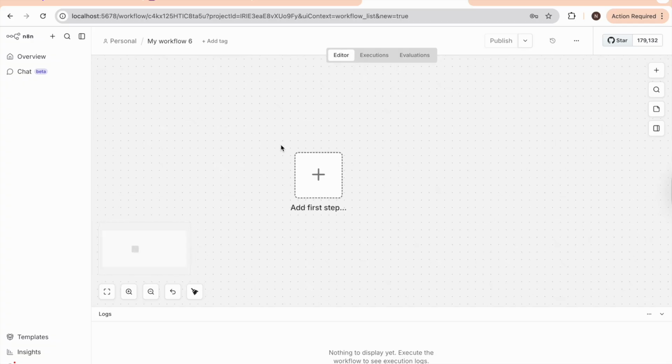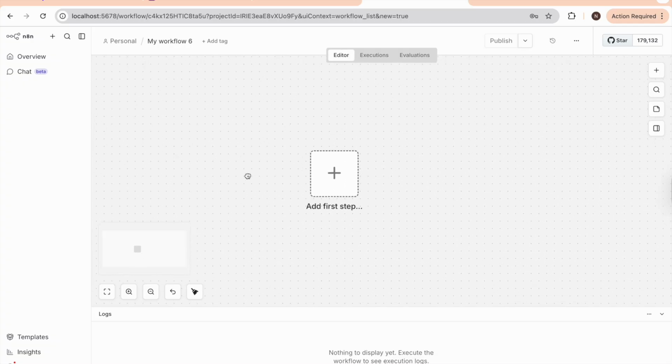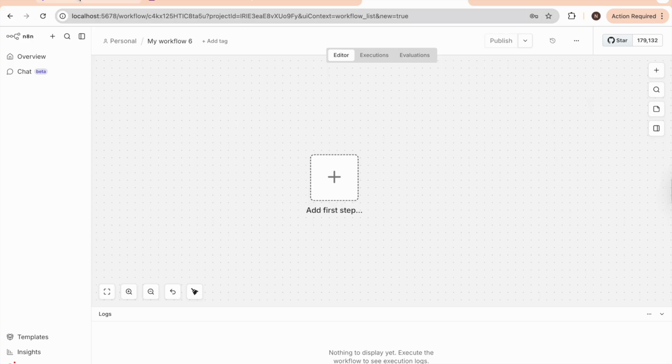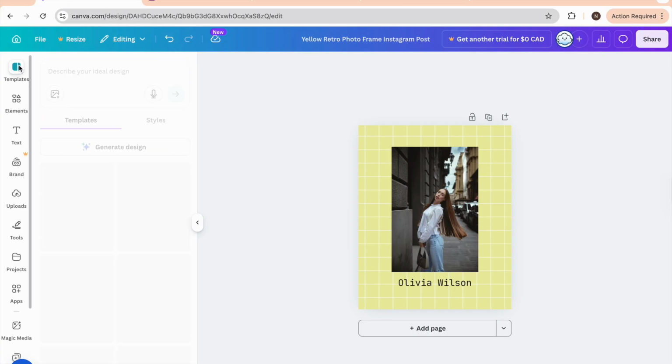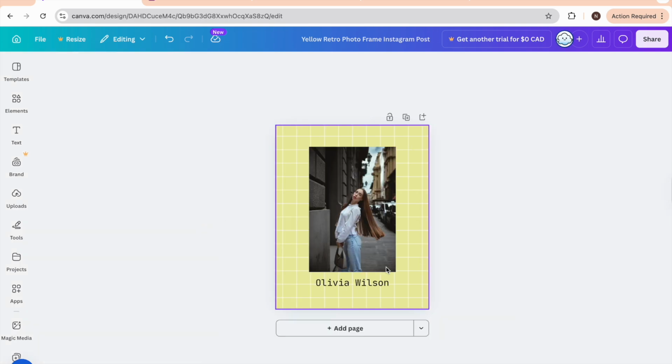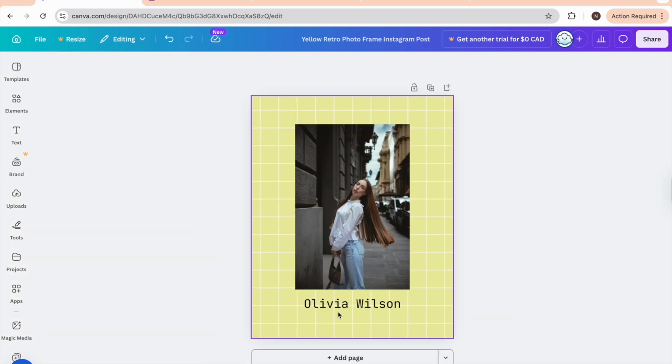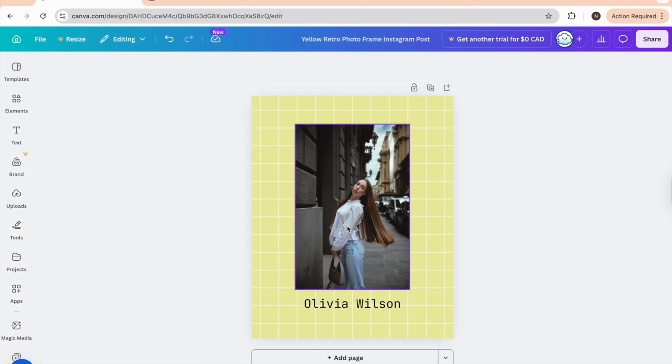First, you need to have your n8n open. Second, you need a Canva template that you're gonna use. So right now I have just a simple one with an image and text of a profile. Then you will also need